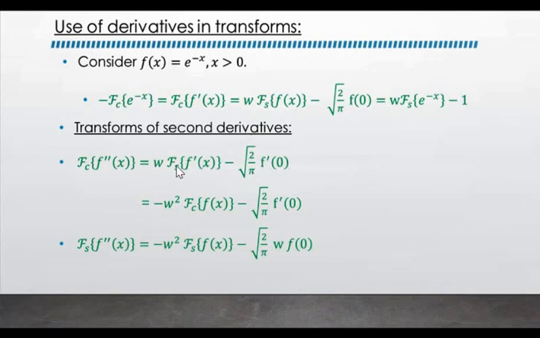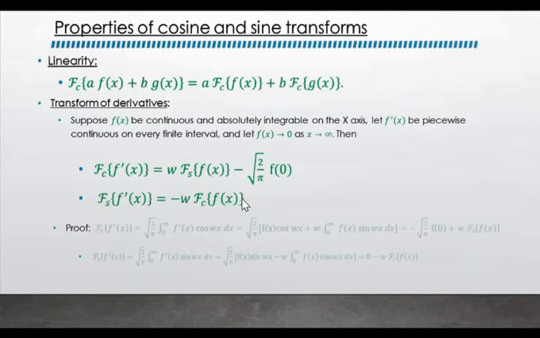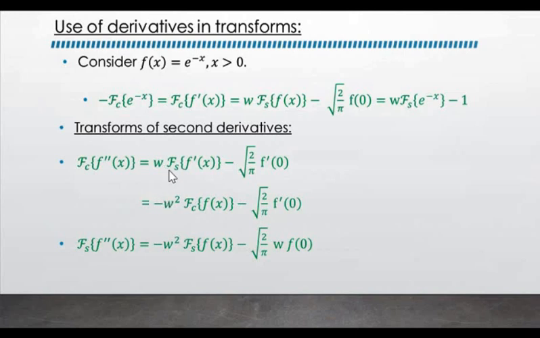Now this is again the Fourier sine transform of f dash x, which can be substituted with this formula. Fs of f dash x is minus omega into Fc of f of x. So you get omega into minus omega, that is minus omega square into Fc of f of x minus root of 2 by pi into f dash 0. So the advantage is, if you take the function's second derivative, its cosine transform will again be obtained in terms of the cosine transform of the original function, whereas in the case of the first derivative, the Fourier cosine transform will be given in terms of the Fourier sine transform and vice versa.